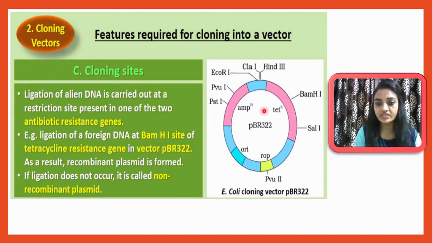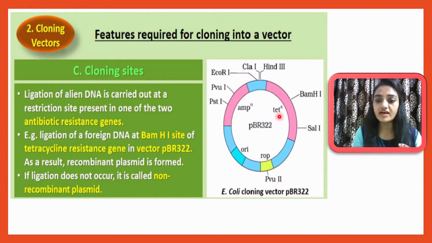Here you can understand, if I cut this gene, what happens? The tetracycline resistance gene itself will be cut, because this region is a selectable marker. If I am cutting by using BamHI, then BamHI will work only here. Why is it working here? Because the recognition site for BamHI is present in this region. So as I apply BamHI, it will cut this DNA which was responsible for tetracycline resistance.